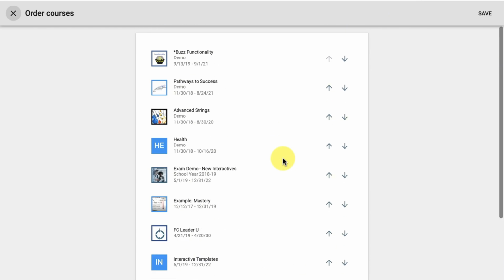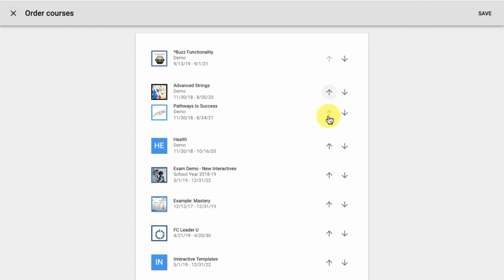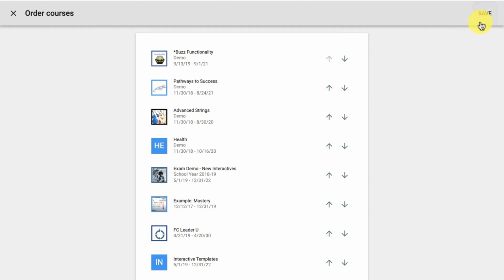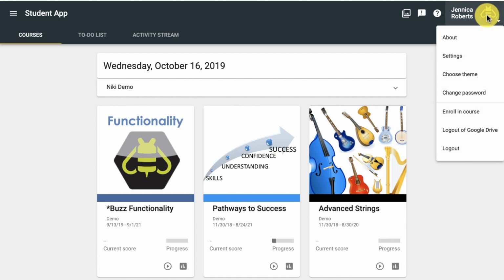If you use courses more often than others, you can move them up, or you can move them down in order. When you're done, click Save. You can also customize your settings, your theme, change your password, enroll in a course, or log in or out